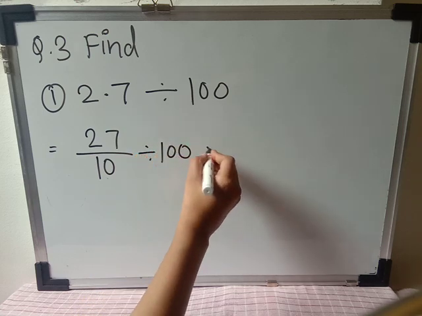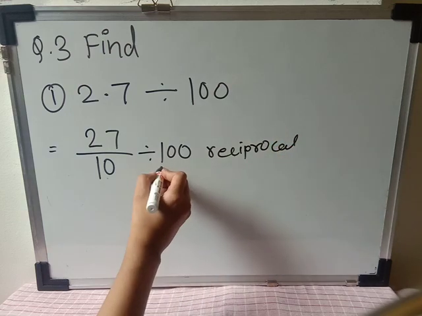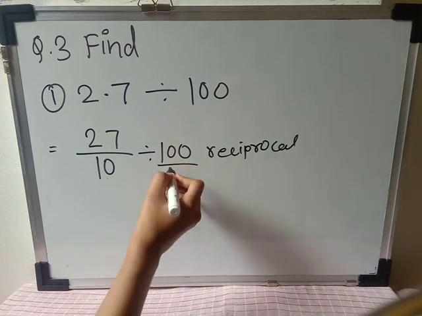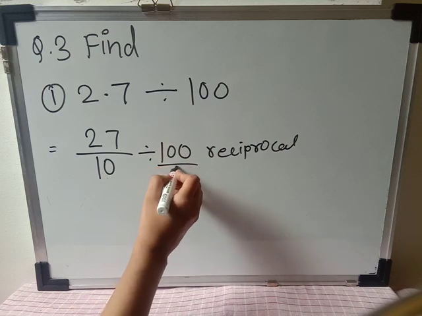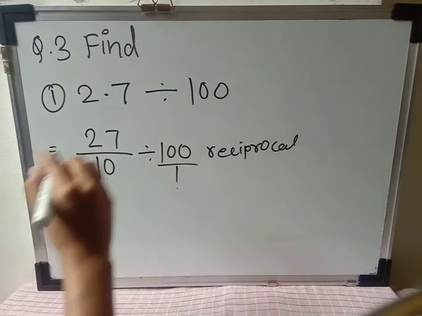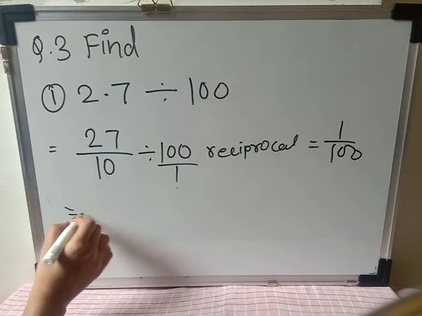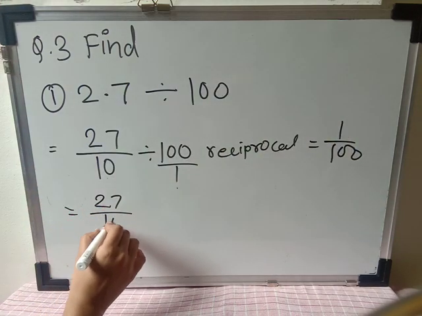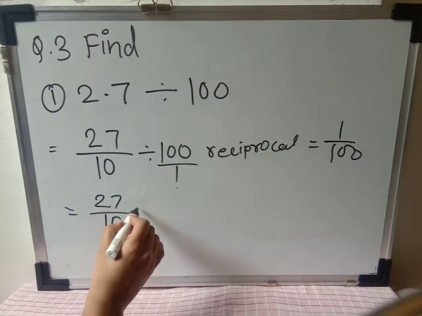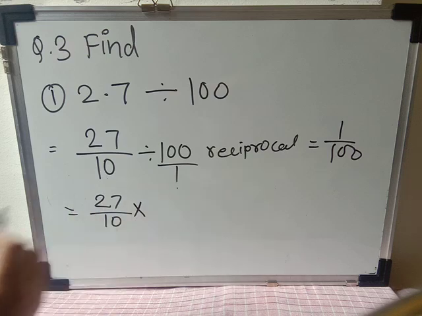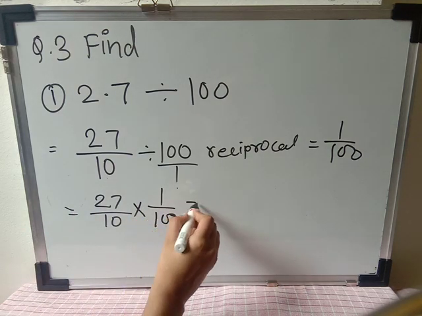Now I am going to take the reciprocal of 100. And to write the reciprocal, that number should be in fraction form. So 100 is a whole number, so that will take the place of the numerator, and nothing is there as a denominator, so we have to take 1, and here will become 1 upon 100. We have taken the reciprocal, so 27 upon 10. Here we have to change the sign also, okay, because we have inverted, so here the multiplication sign will come in place of division, and 1 upon 100. Okay, so let's do it now.